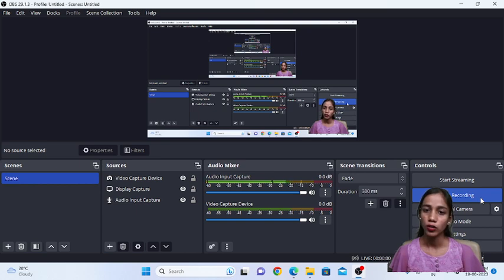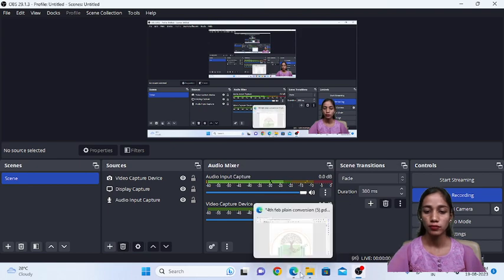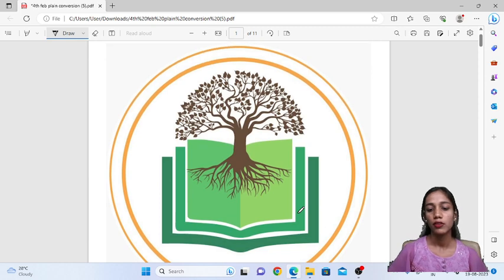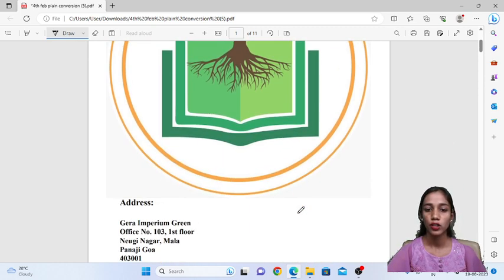In the last videos, we started the chapter Electricity from the 10th Standard Science textbook, and we covered the concepts of parallel and series connection. Today we will be going to the next concepts of electricity. Today we will be starting with a new concept, which is the heating effect of electric current.